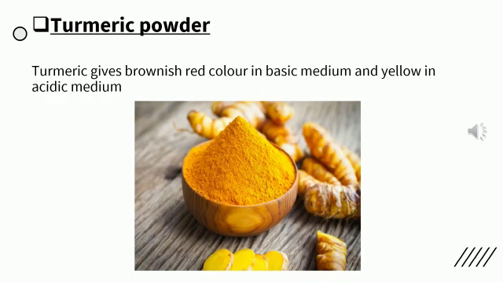So when you use this turmeric solution to test a few substances whether they are acidic or basic, if you test it with a basic medium, it turns red, brownish red color. If you use it with an acidic solution or substance, it shows yellow color. That indicates whether the substance is basic or acidic. So turmeric is one more natural indicator.